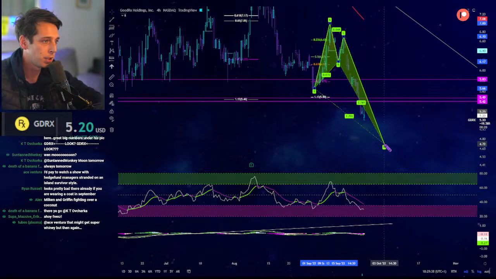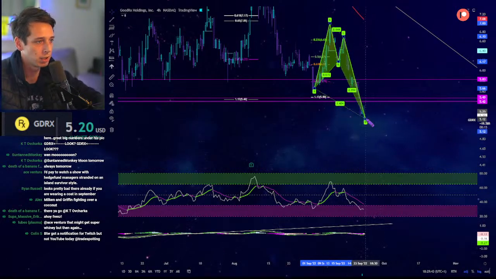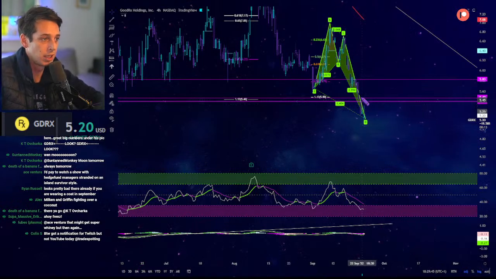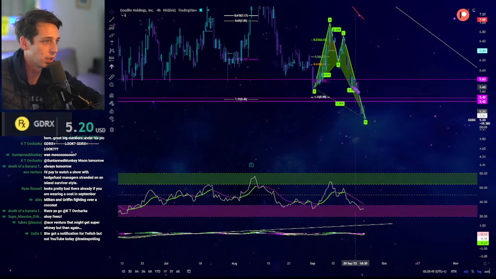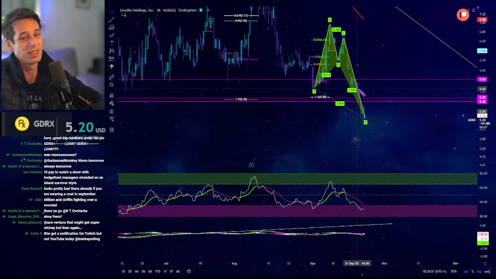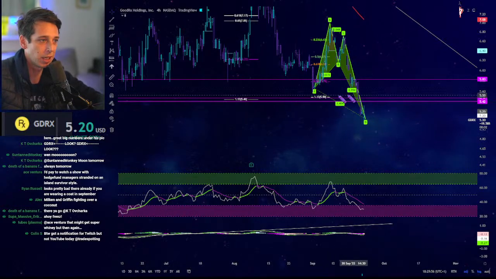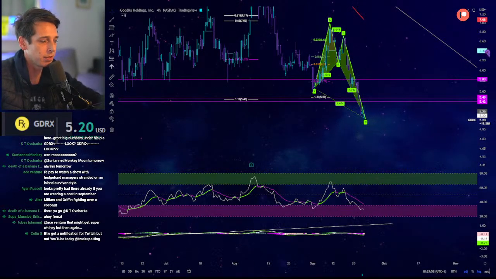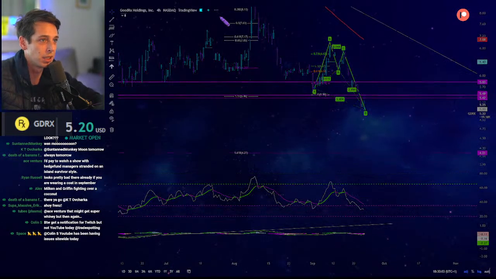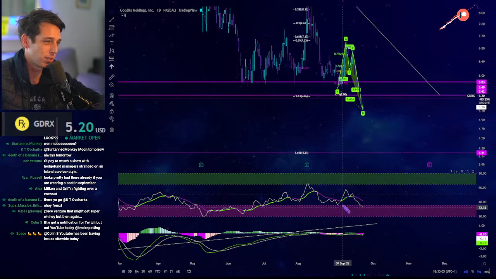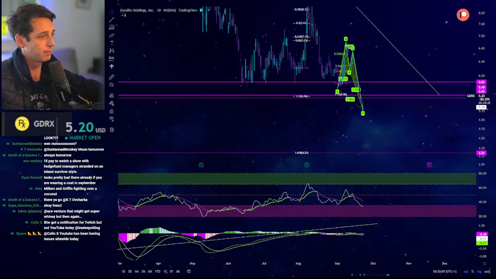Somewhere in around there. Anyway, you've got a little bit of a reaction here. If it comes back above your 1.13, taking out this previous area, that's an important area looking left. You can see this 560 area. Get back above there, maybe something on for GDRX. But that doesn't look great. Daily, that's not fantastic either. And you don't want it falling down at 420.